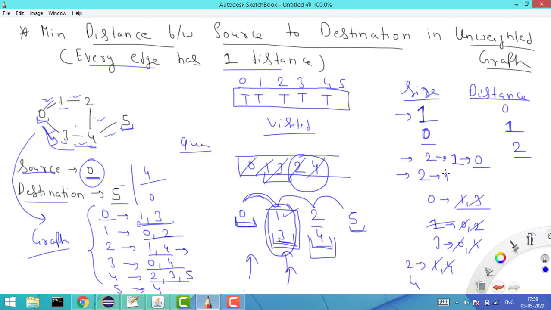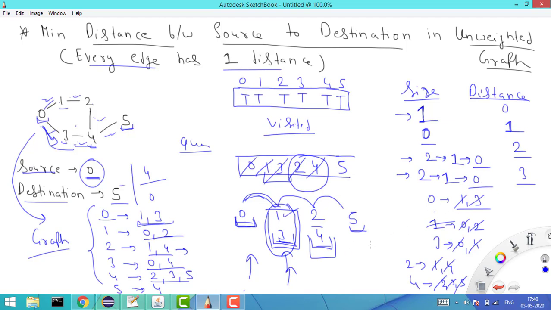Now the next element is 4, so I remove the 4 here. When I remove the 2, I am decreasing the size by -1, and when I am removing the 4, I am decreasing the size by -1. Now it is 0. Now check the neighbors of 4. The neighbors of 4 are 2, 3 and 5. 2 is already visited from here, 3 is also visited, and 5 is not visited. So I'll mark this 5 here, and then I will also put the value into the queue, right? Now because the size was 0, I'll increase the distance by +1, to 3.